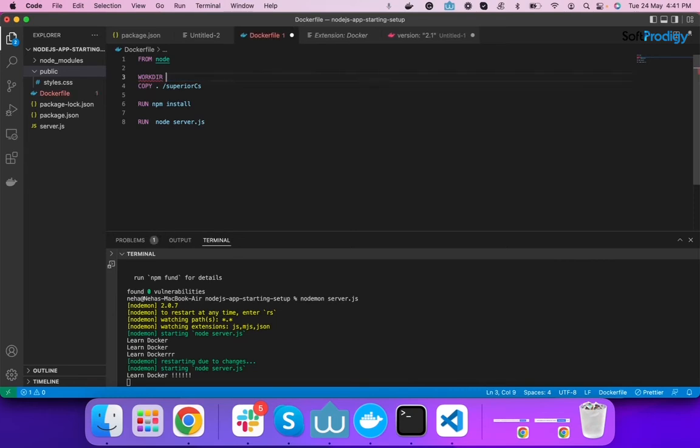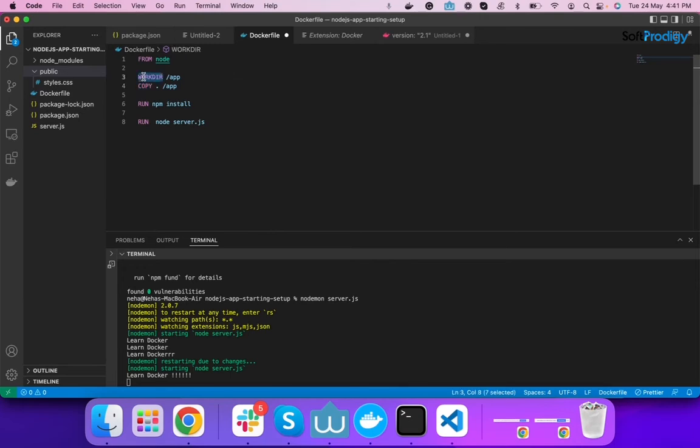So what we can do here, we can mention the work directory using the WORKDIR command in app, and then we don't have to mention this. Okay. So our working directory is app, and we are going to copy all the files into the app working directory.